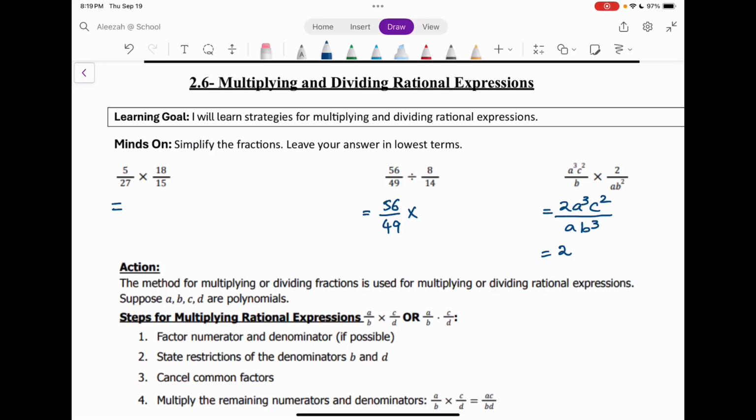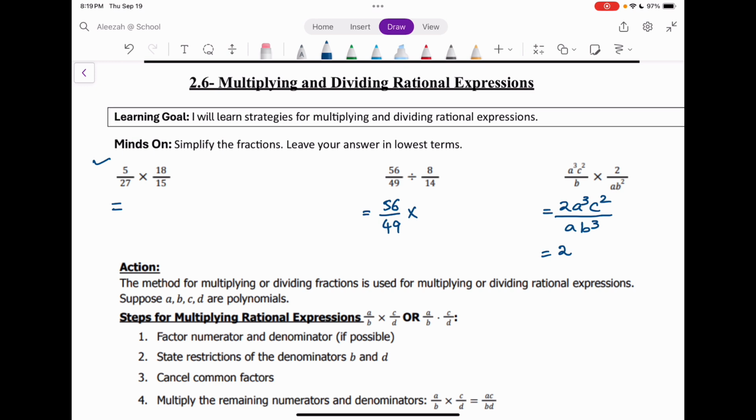Hello guys, today's lesson is multiplying and dividing rational expressions. First we start with multiplying and dividing rational numbers. If you just look at the first question, when you multiply fractions, it's better if you simplify